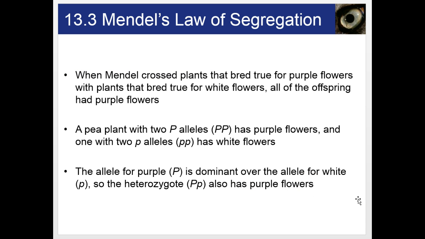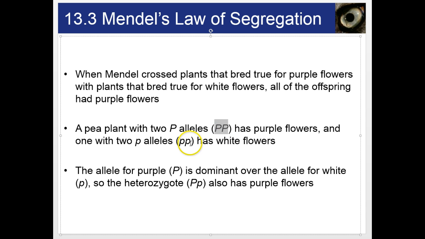When Mendel crossed pea plants that bred true for purple flowers with plants that bred true for white flowers, again, remember, all the offspring had purple flowers. So we would say that the starting pea plants, the purple ones would have been big P, and the white ones would have been little p. They would have been homozygous for their traits. The big P one would have been homozygous dominant. And the little p would have been homozygous recessive, though he didn't know that until he actually made the hybrids